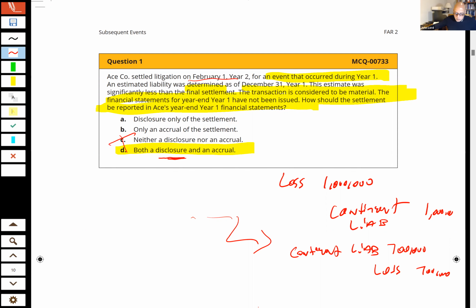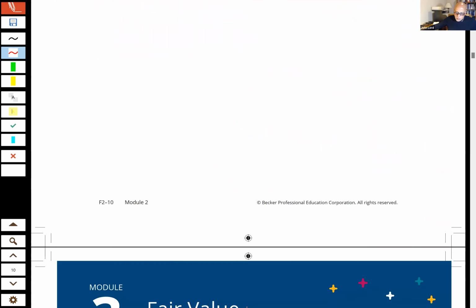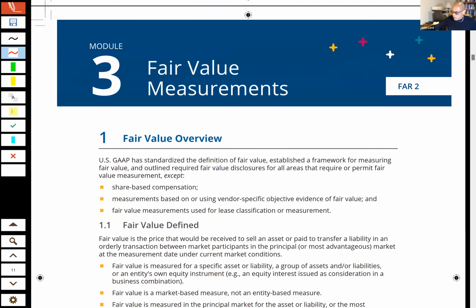I am not going to start module 3 because we'd just be trying to jam it down our throats, and I'm not going to do that. We're going to pick up module 3, chapter 2 next time. I'm hoping we can get through chapter 2. I know we're behind, but we'll keep chasing that beast. This is not uncommon as we do a thorough job understanding the material. Any questions?